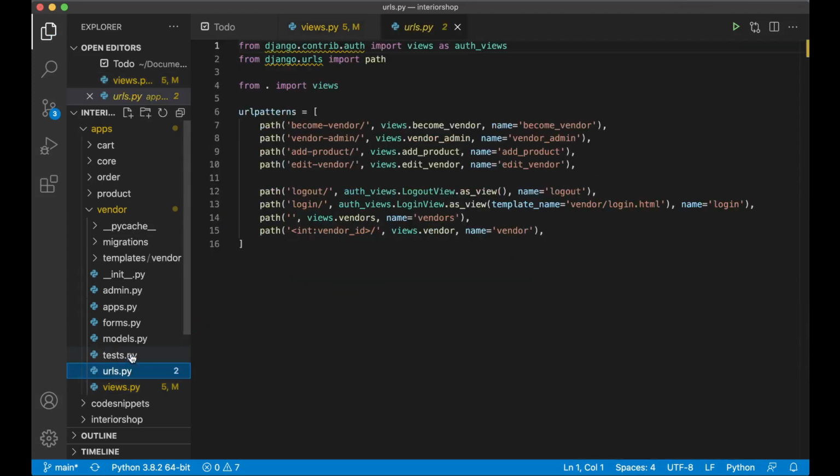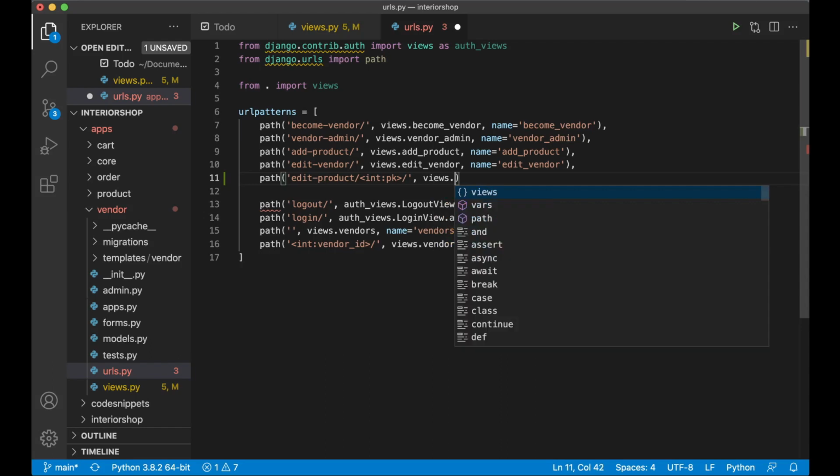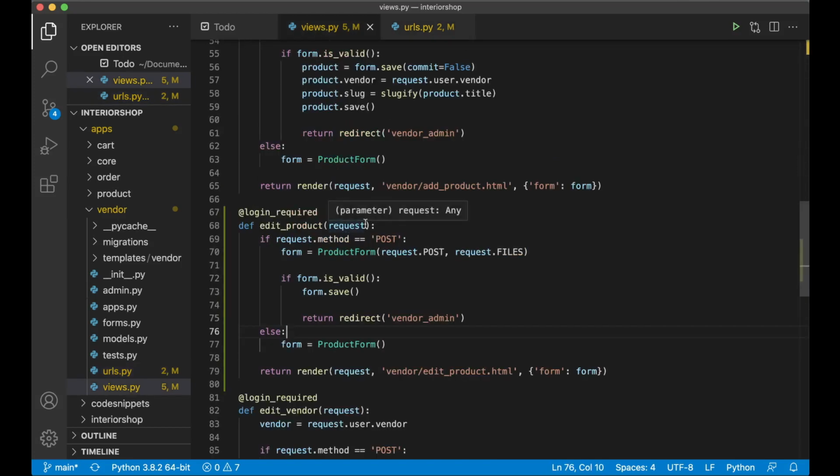Now we can import this to the URLs. So we can say path edit_product, and then we pass in int:pk, views.edit_product, name equals edit_product, and got one too many views there, and save. And see here we are now passing in the primary key for the product we're going to edit. So we need to get it here,